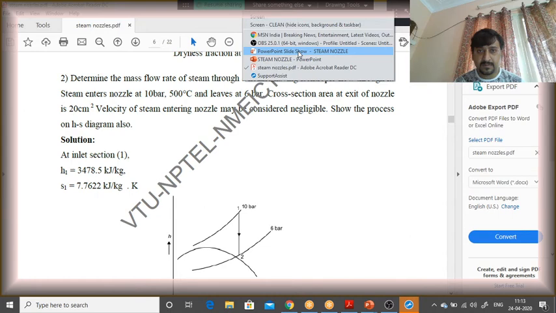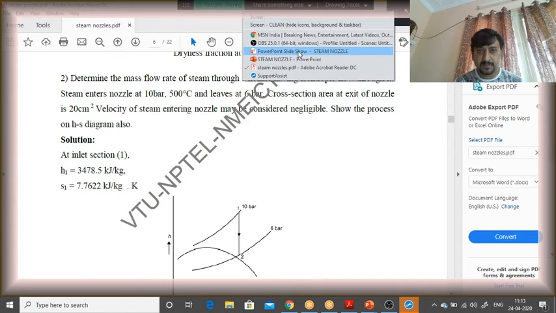Guys, please go through this, very important. I am comparing the problem which has been done earlier with the help of the Mollier chart. If we use the Mollier chart, how our problems become simple, that I am making a comparison over here. They have done the calculative way using the steam table, everything calculated. I am just showing you how we can do the problem just by using the Mollier chart without doing any calculation. Okay, let's see how.